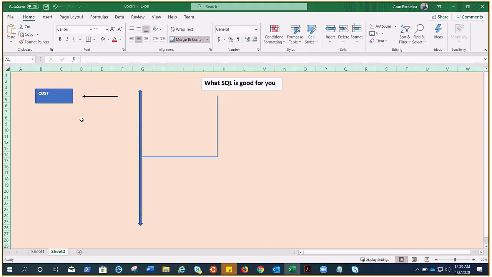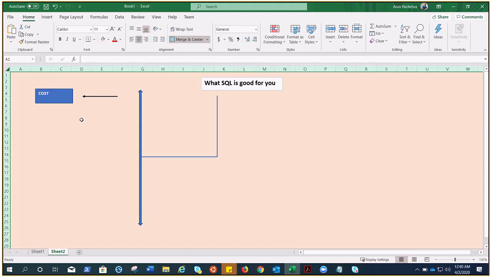IaaS is infrastructure as a code. Oh, sorry, not infrastructure as a code. It's infrastructure as a service. I was doing IaC in the previous call, so that's why it just came out of my mind. So infrastructure as a service is exactly like your on-premises, where you're running your VM. Inside the VM, you're installing your SQL. So you need to maintain the VM as well, the operating system, the hardware, and everything, right? And we have the PaaS service where you need not worry about those things, right?